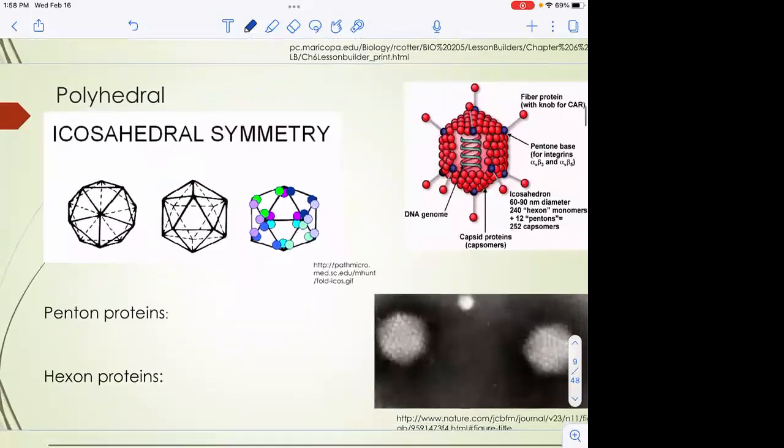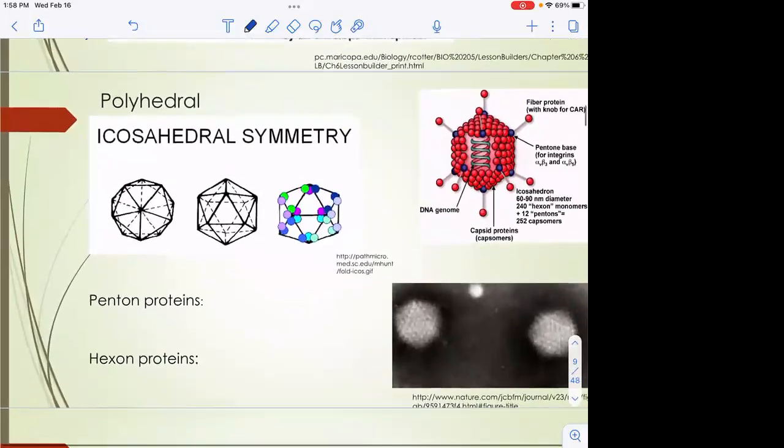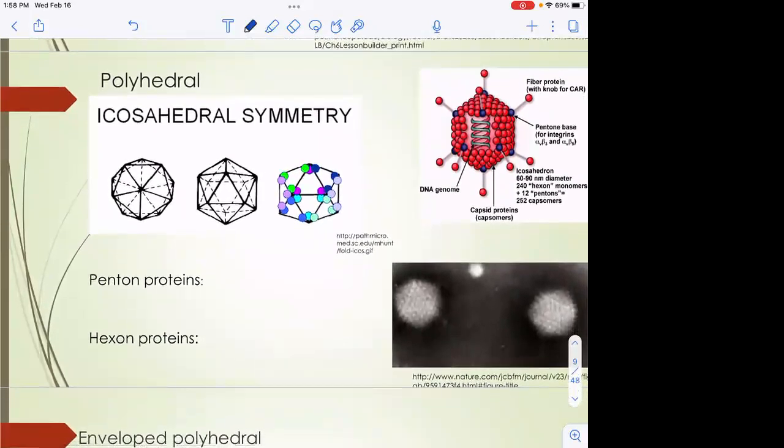There are viruses with that polyhedral symmetry. Okay, and I couldn't find any examples of polyhedral symmetry that wasn't actually an icosahedral capsid. Okay, so an icosahedron is a polygon that has 20 sides. Okay, 20 sides, so it's got 20 equilateral triangles for each face. Okay, so this kind of symmetry, icosahedral symmetry,